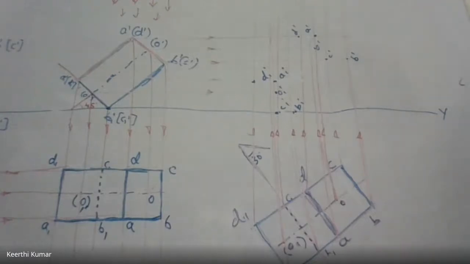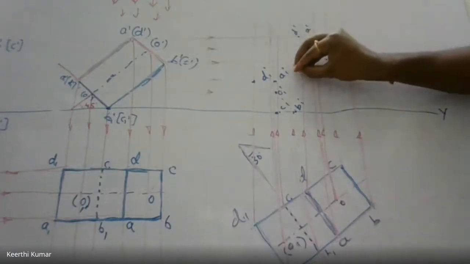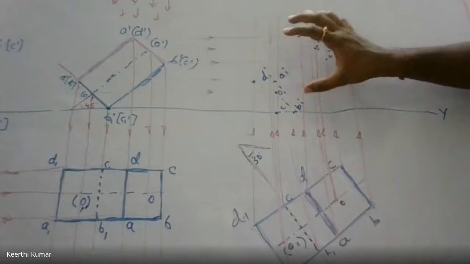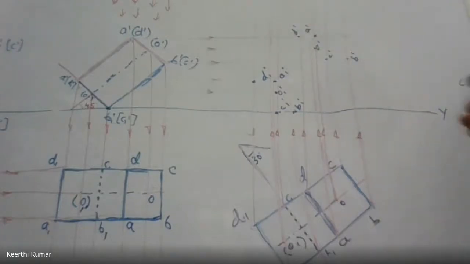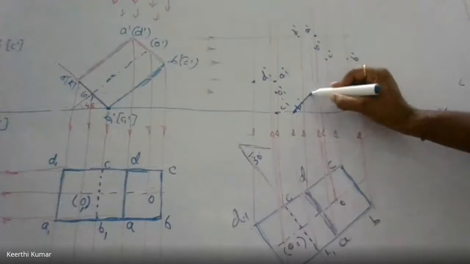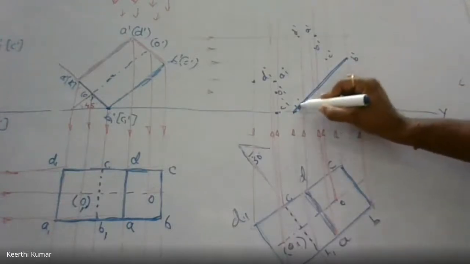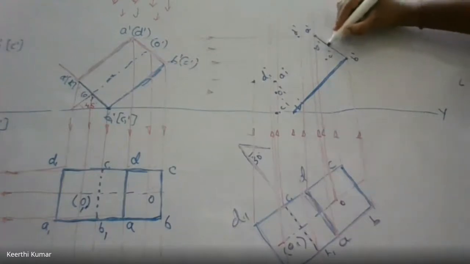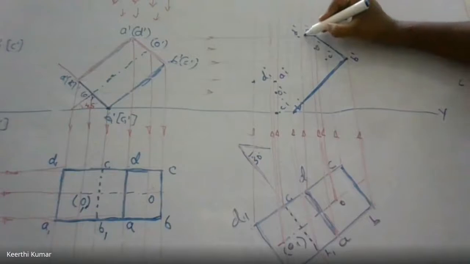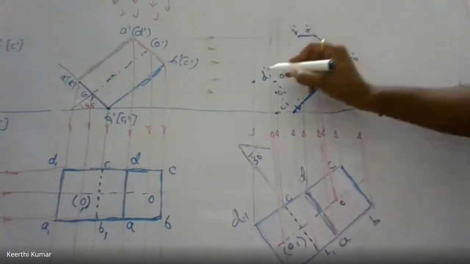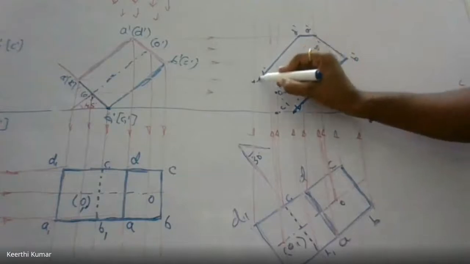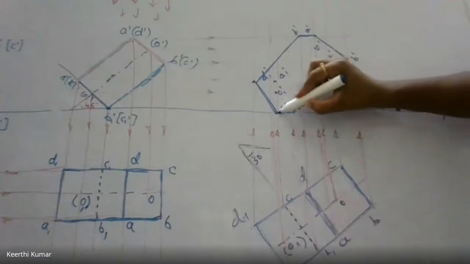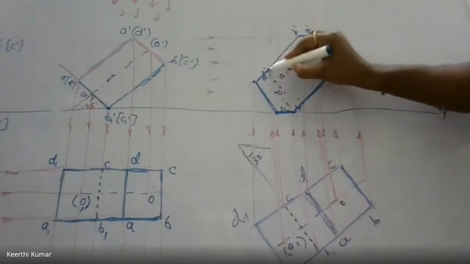Then, coming from the center, find out the outermost points. Coming from the center, connect with the outermost points. Observe here. Where are the outermost points? B to B1 is outermost. There is no point outside. Then B1 to A is outermost. There are no points outside. A1 to D is outermost. There are no points outside. D to D1 is outermost. There are no points outside. D1 to C is outermost. No other points outside. C1 to B1. So this is the outermost we got.